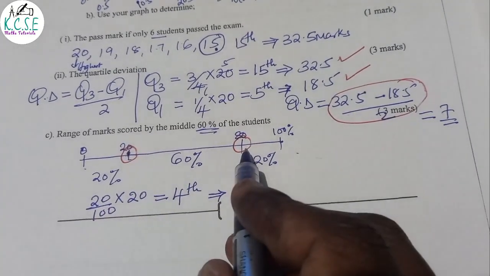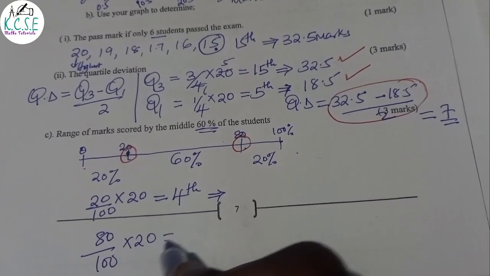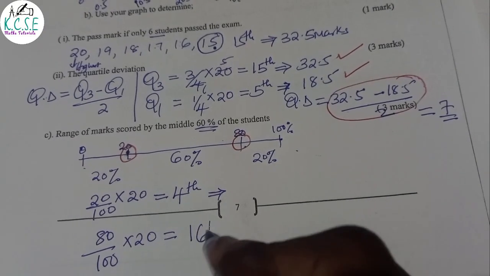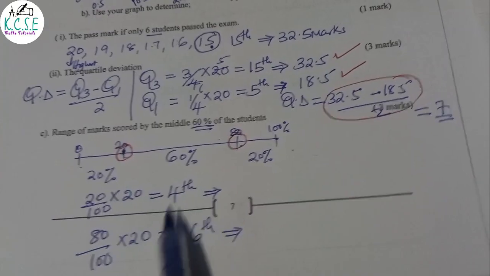Then the other one is 80%. So you get 80 divided by 100 times 20. This will give us the 16th. The 16th position will give us that mark. So let's go to the fourth. Now to get the fourth, we just need to